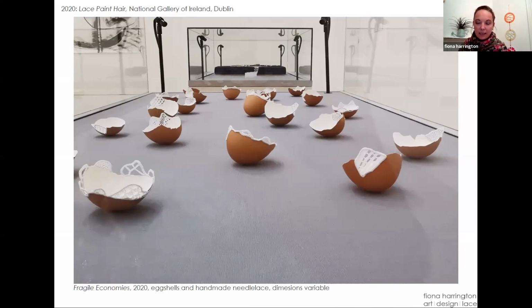Each shell has a piece of handmade lace attached, and each piece of lace was specifically designed to the broken contour of each shell. They were all made separately and all attached. And Fragile Economies, I suppose, is about